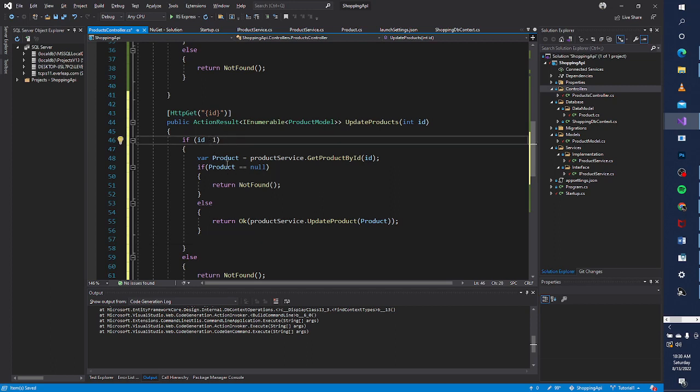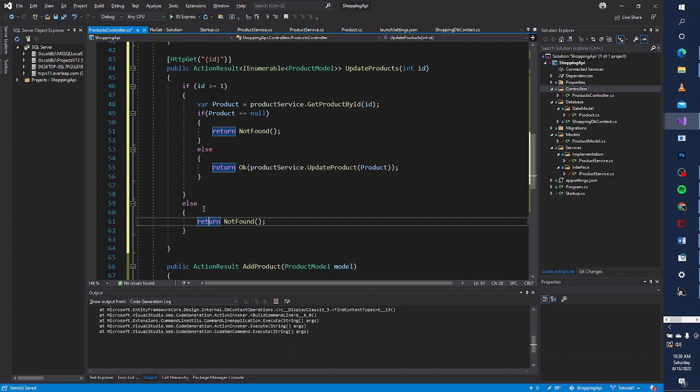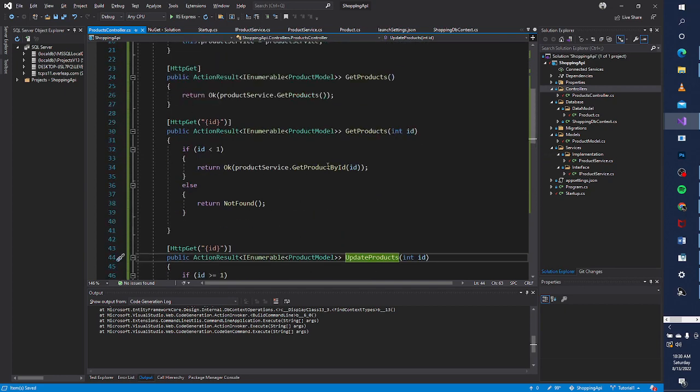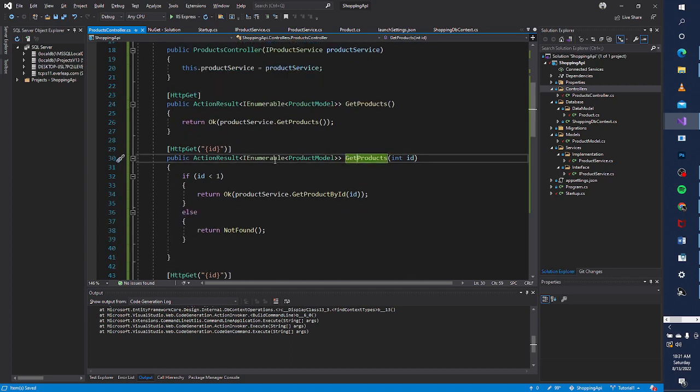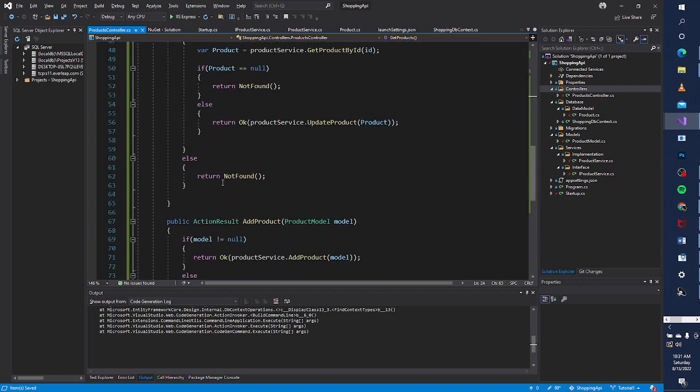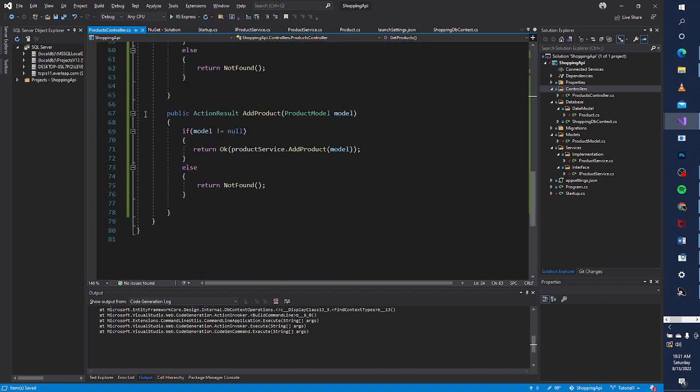But now that will change if my ID is greater than or equal to 1, else, meaning my ID is less than 1, I want to say this is not found. Leave the space in between them. So I've got update, I've got find by ID, I've got get all products from the database, and then lastly